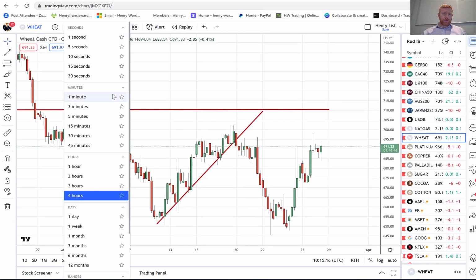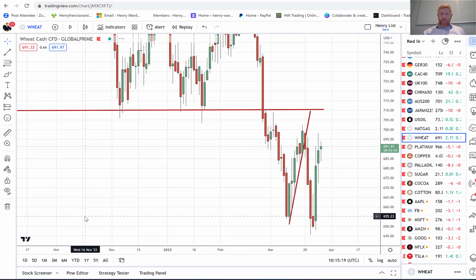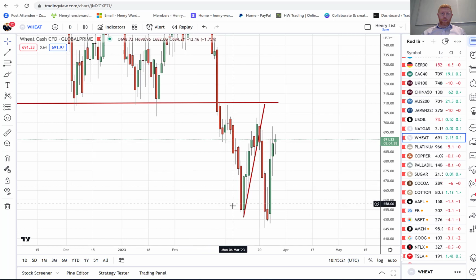Wheat, let's have a look on the daily chart. So again, I wanted wheat to come back to that ceiling there, it didn't. And as we can see, it actually retested here. So it did actually come up to a double top. It came to that area. I wanted it to pop up the same as this one here. It didn't, and then just dropped quite